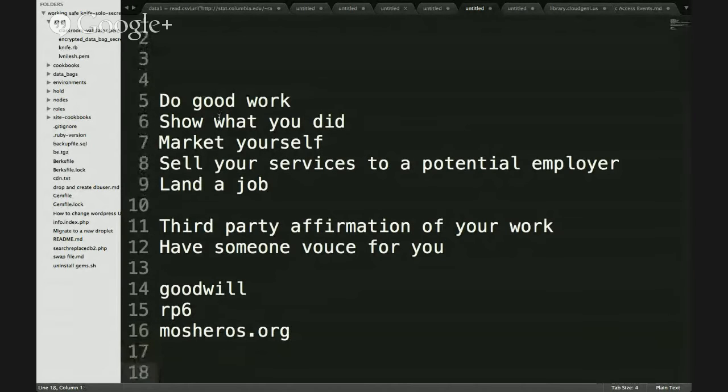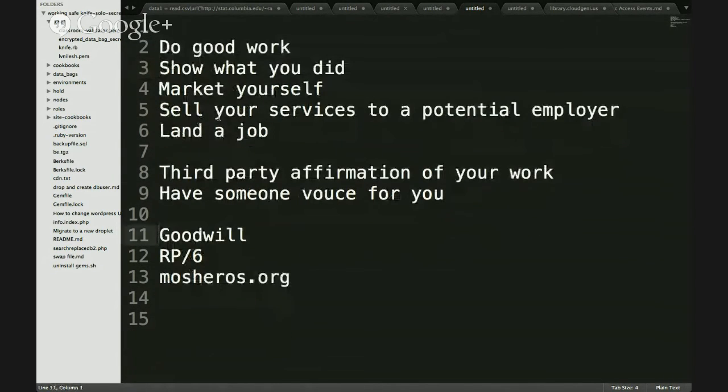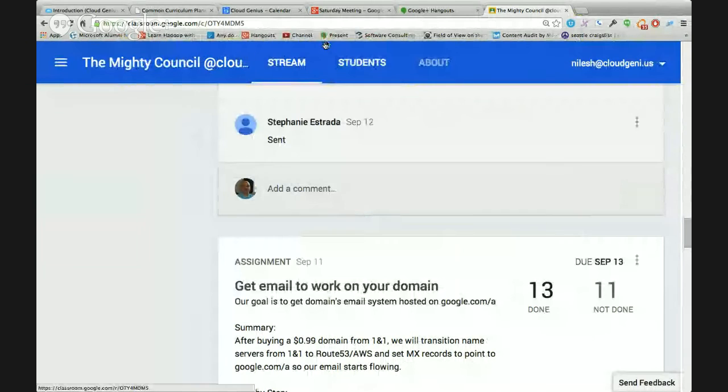They are organizations that do good work for the community, and we want to help them do their work and make it easy for them. So we will find projects with them. And this lady from Mo's Heroes just emailed me, and they want to work with us.